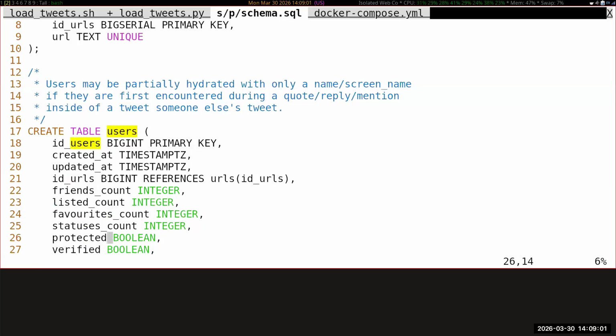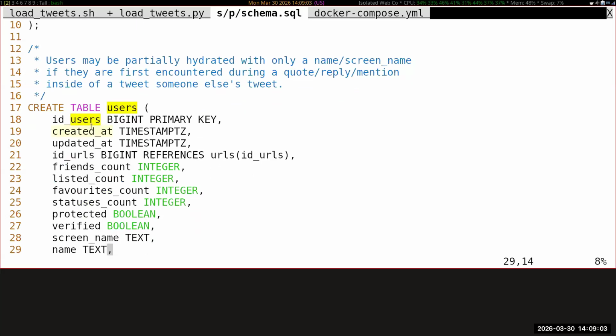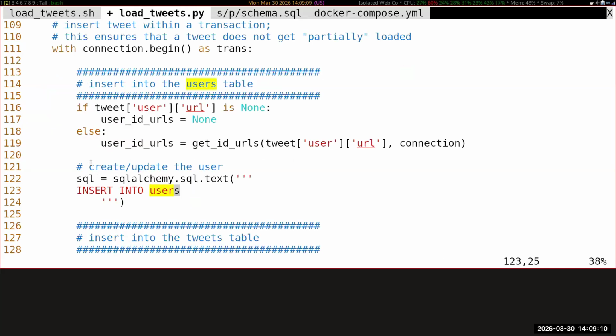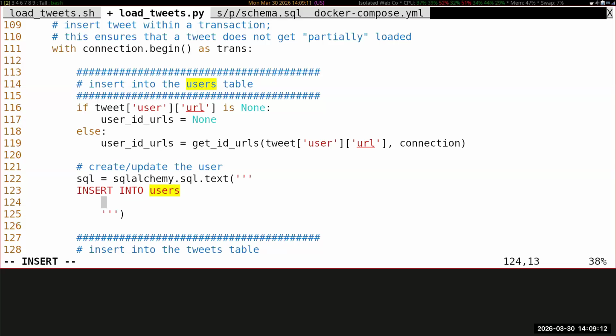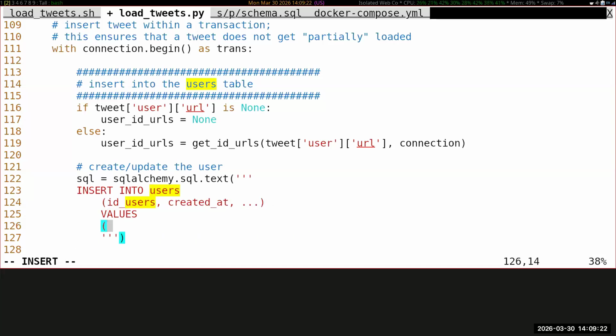Here are all of the fields that I'm going to have to add to the users table: ID, created at, updated at, and so forth. So insert into users, the list of the columns, and then values, whatever those actual values are going to be. As a temporary example,